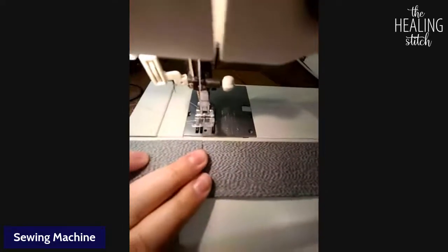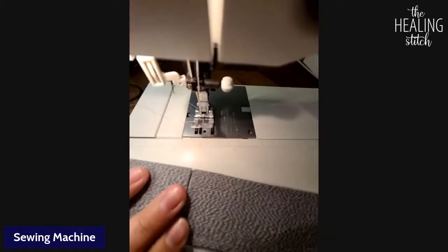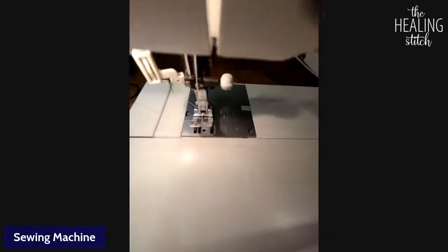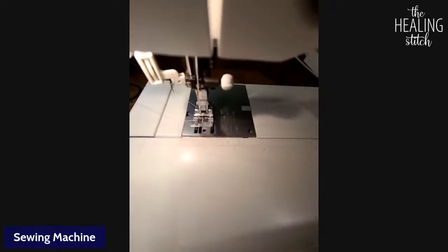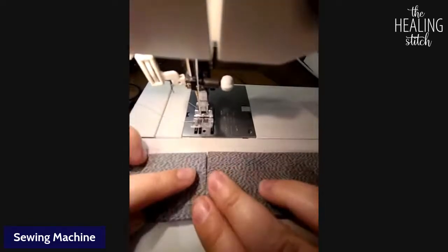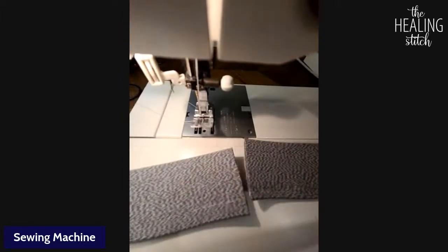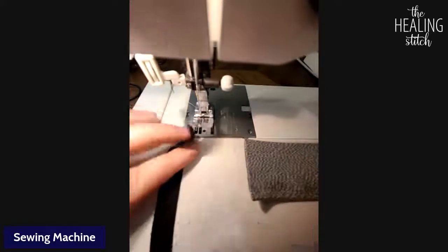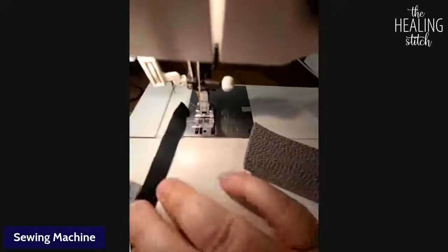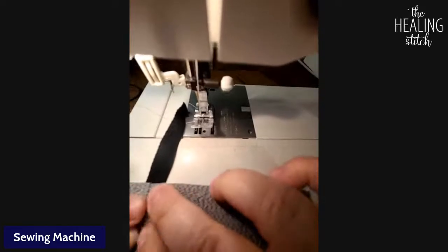So then let me just show you two more ways, and these are ways that use a little extra piece of fabric or scrap or something. So the first one is using a piece of twill tape. So people who do the butt it up against each other, no problem. But when I do that, I prefer to use a piece of twill tape, which is a woven